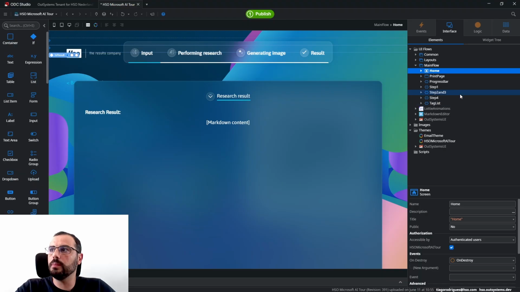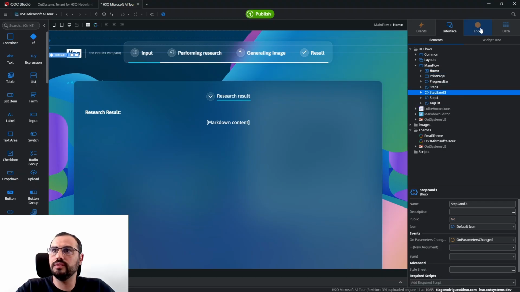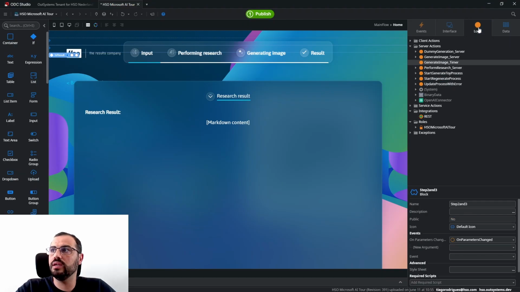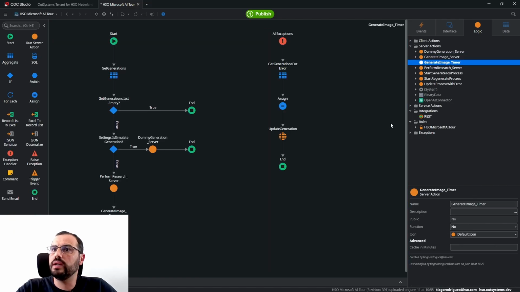But the most important here is the part of the agent, because what we did was basically we created, in this case, a toy set agent. So we basically used an agent to do this step-by-step process and then to retrieve the results. And how do we do this? If you see an action,